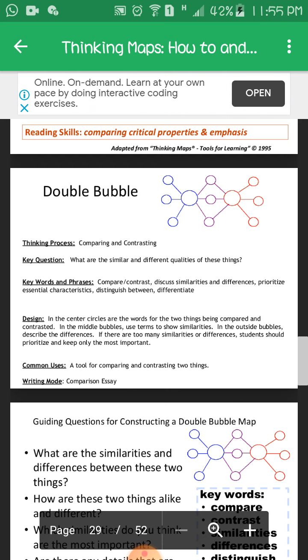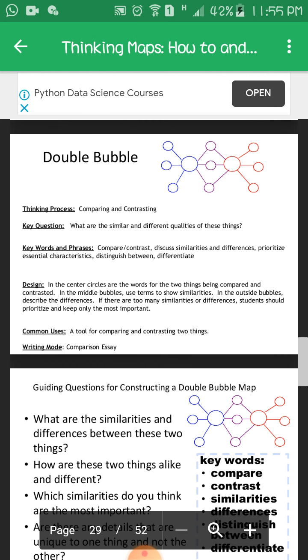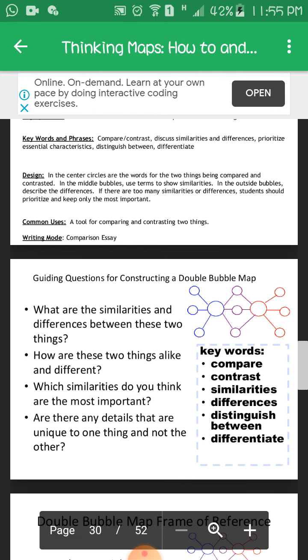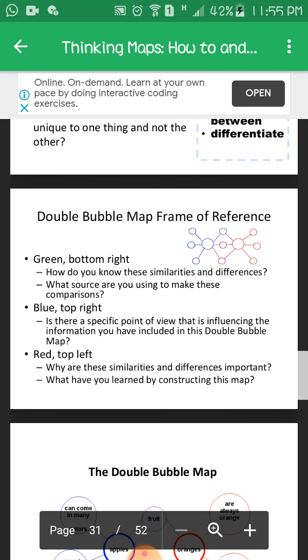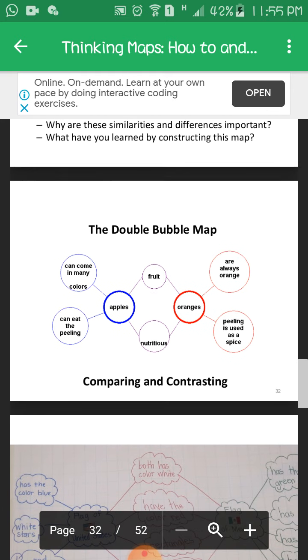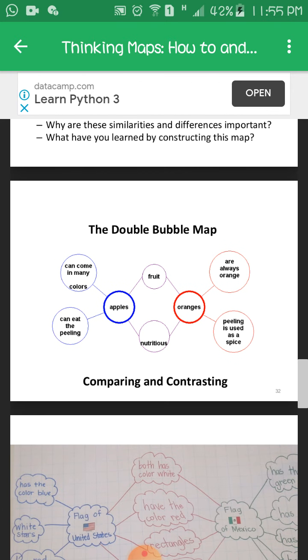If there are too many similarities or differences, students should prioritize and keep only the most important things. A tool for comparing and contrasting two things, a comparison essay. Okay. Another example of the double bubble map, apples and oranges. Okay,